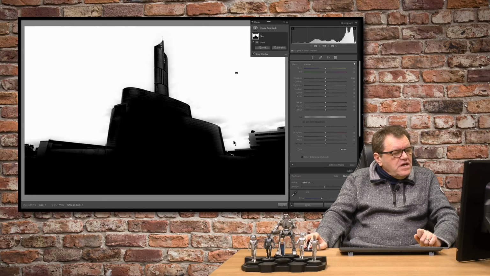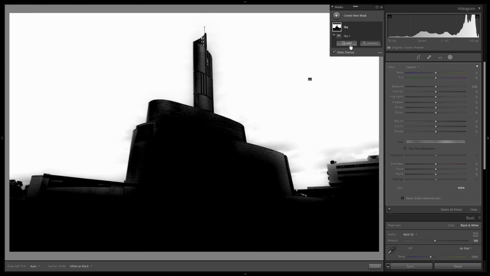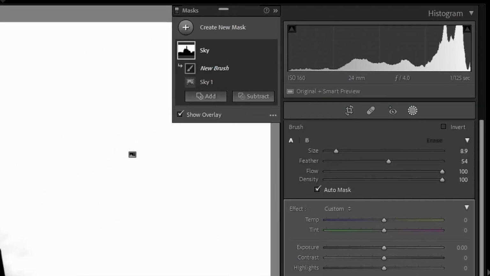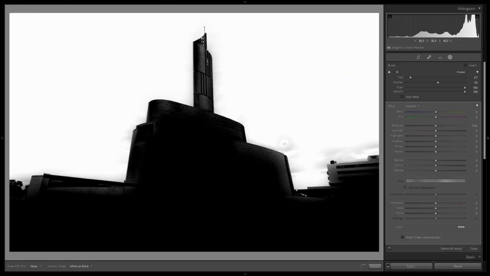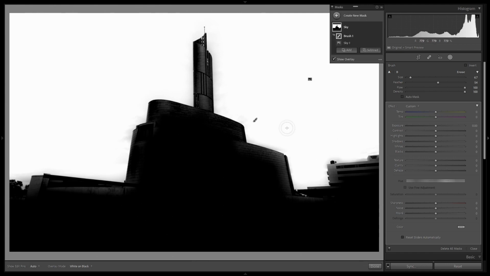We can see we've got sections here of the sky which haven't been added to the mask, and I would want them in there. So I am going to add them in. I'm going to say add using brush, and now I've selected, let's go with a medium sort of size brush. I don't want the feather too large, and I don't need auto mask on here, so I can just paint in these extra bits which are going to get affected by the adjustments, in particular this bit of sky around here. Now I want to just catch the bits which are close to the building, so I'm going to enable auto mask, and you can see as I go close it's only affecting the white bits of sky on there,